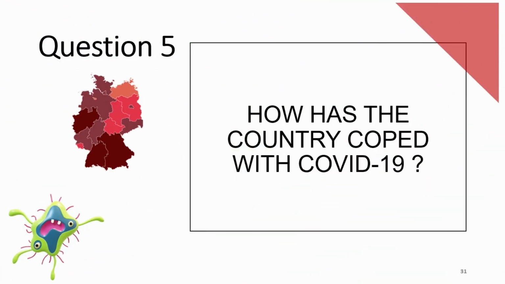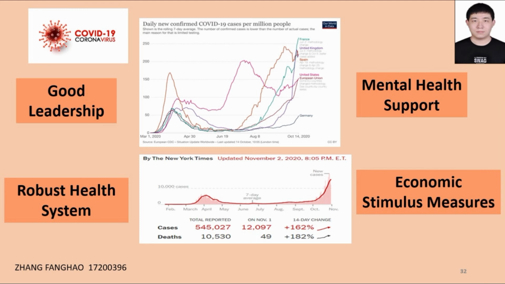Last but not least, let's answer the question: how has Germany coped with COVID-19? According to the statistics we collected from Johns Hopkins University, by the 7th of November 2020, there have been more than 600,000 confirmed cases and more than 10,000 deaths accumulated in Germany. And the bad news is, as the winter is around the corner, the second wave of the epidemic is coming. Yesterday, on Friday, more than 20,000 confirmed cases were found within one day.